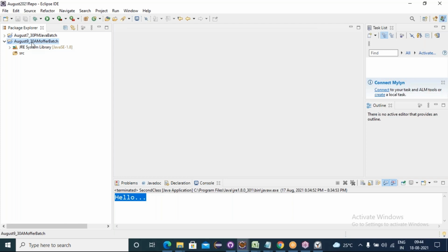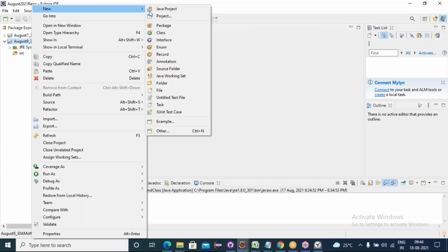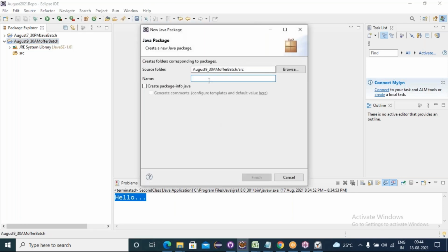Just right click on the package or project, New, Package. There we give something like icici.loans.homeloans. While seeing it, one can understand that you're working for so-and-so client, and loans is the main module, home loans is one submodule. Whatever home loans related functionalities there are will be defined under this home loans package.